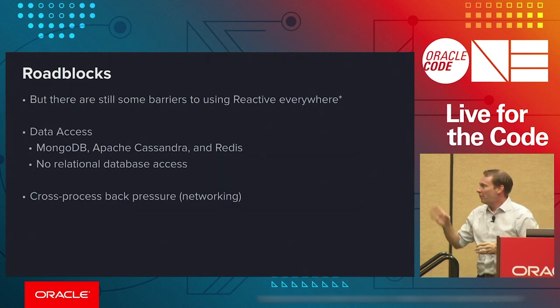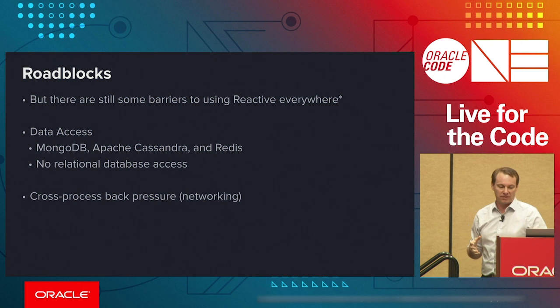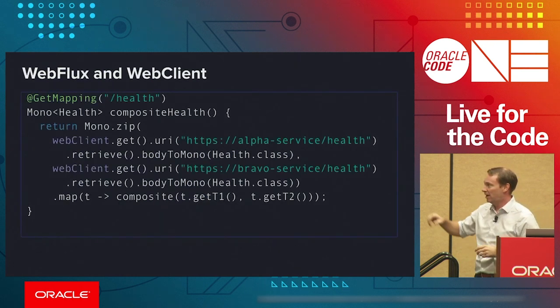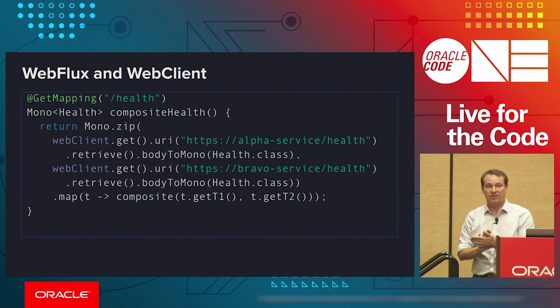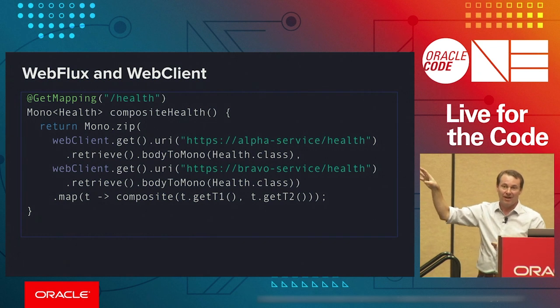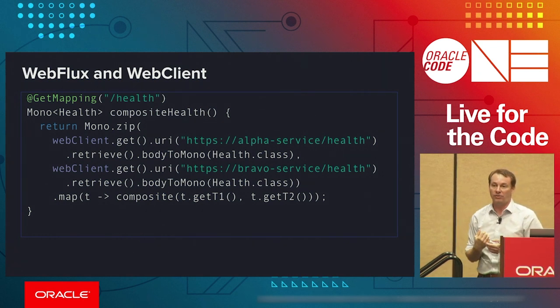But also, we don't really have a good answer for cross-process backpressure, right? So if we remember this demo right here, or this example right here, this does actually have reactive behaviors. It does have pull-push backpressure, but only to the edge of our process. There's no way if this thing needed to return like 100 gigs of data to me, right, this call out to /health, there's no way for me to slow down the producer of that, the publisher of that, so that I don't explode and it doesn't explode.